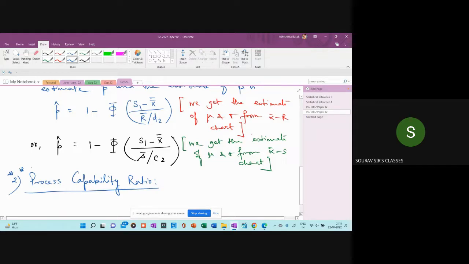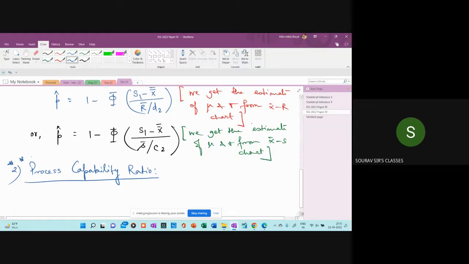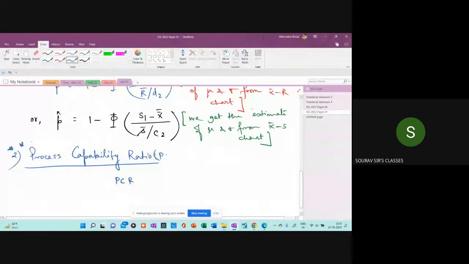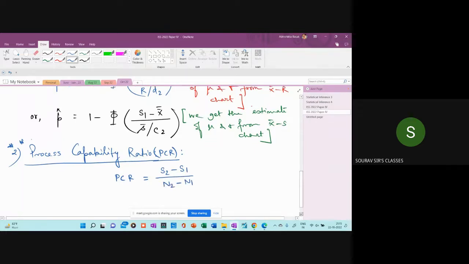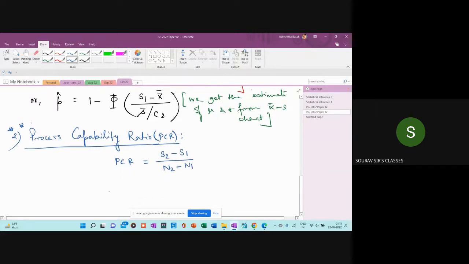So this actually is denoted by PCR. Process capability ratio is this. PCR is equal to S2 minus S1 by N2 minus N1, sorry. What is this S1, S2, N1, N2? Where this S1 is